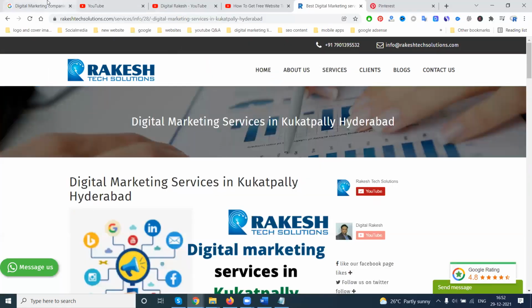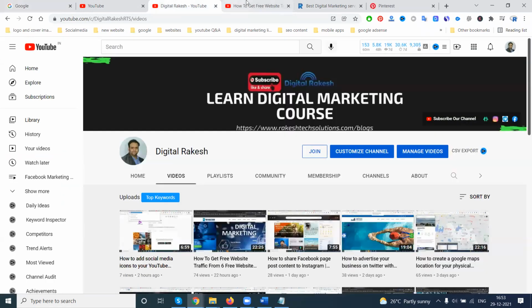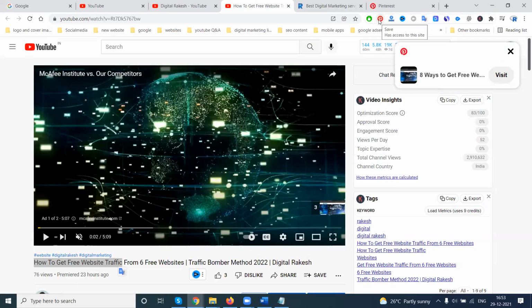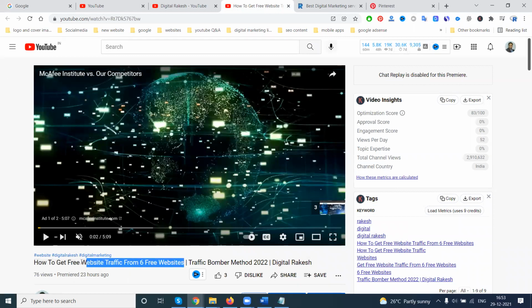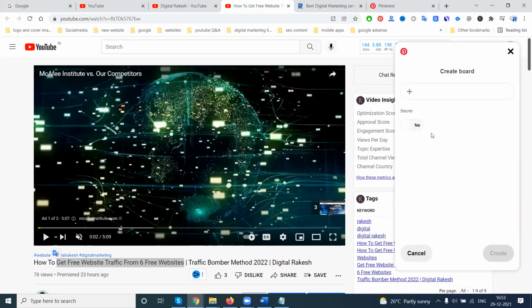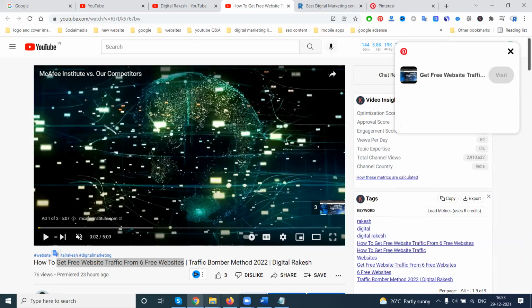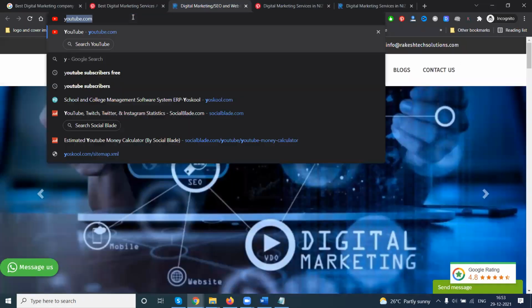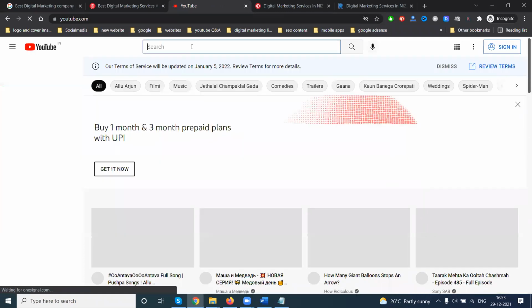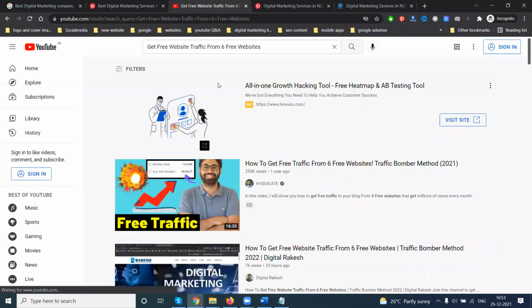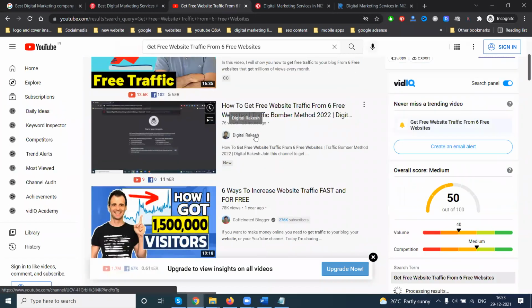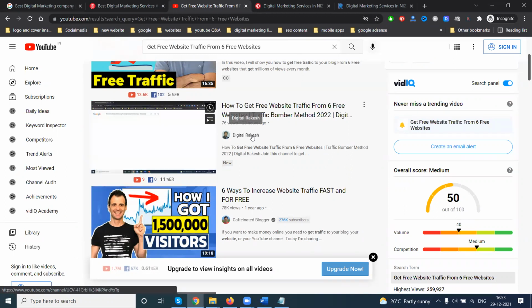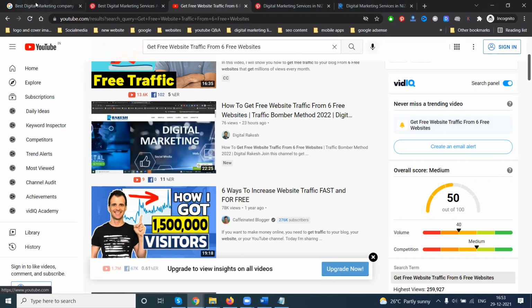With Pinterest, always remember, you can install the Pinterest toolbar, open a particular video, and just click this option. See here, the same keyword I can use, get free website. Click here, and the video link will be shown to customers here. Now if anyone opens it in YouTube, here our website link and YouTube link will be shown.